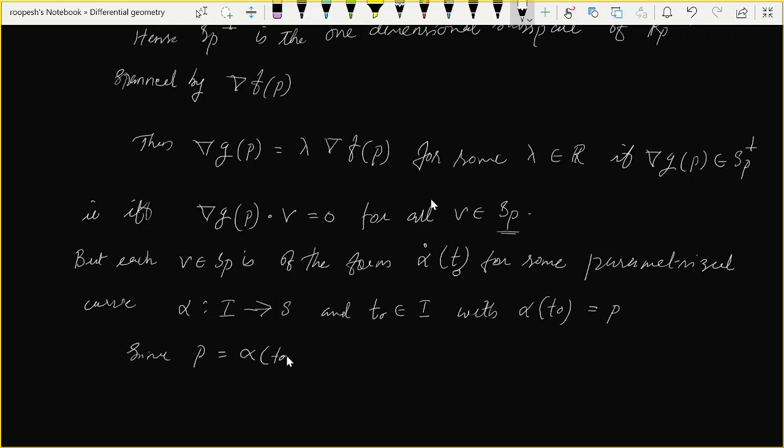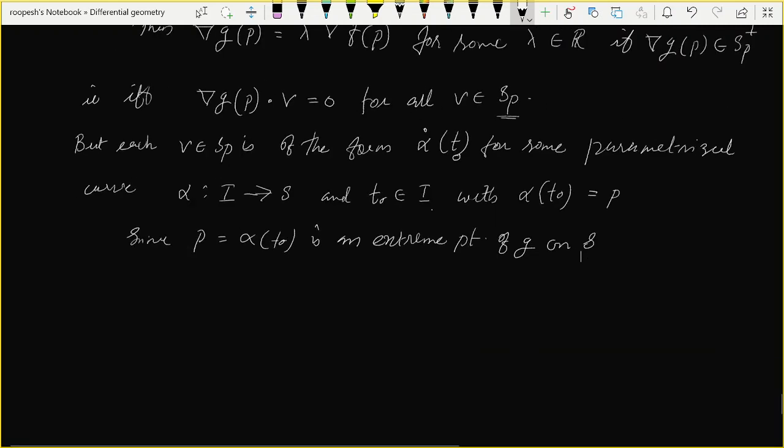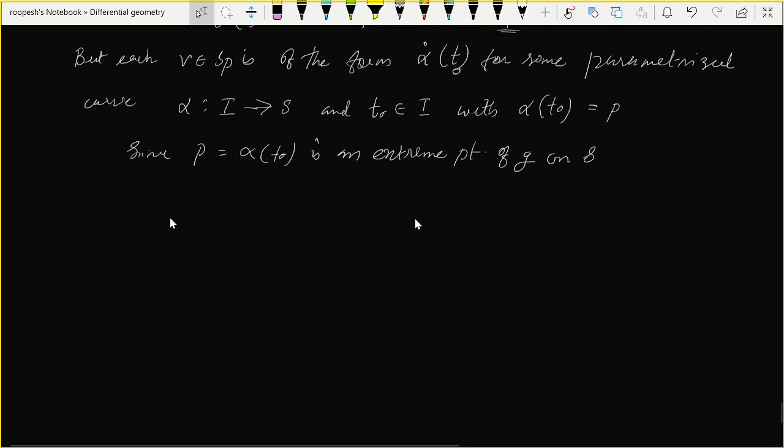Since P equal to alpha of t naught is an extreme point of g on S, we have that t naught is an extreme point of the function g composition alpha on I. Hence,